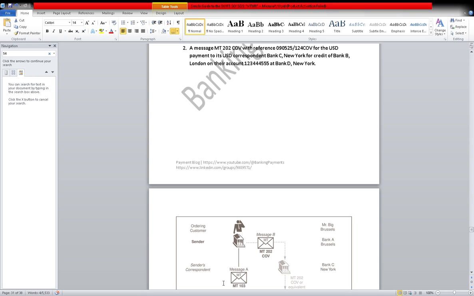This also reminds me that we have discussed that part. This is cover. And in the serial method, only one message is initiated by the sender to settle the fund. This message moves through each party to the next in the payment chain until it reaches the final bank. This is the serial method.